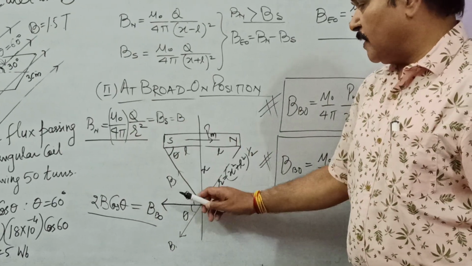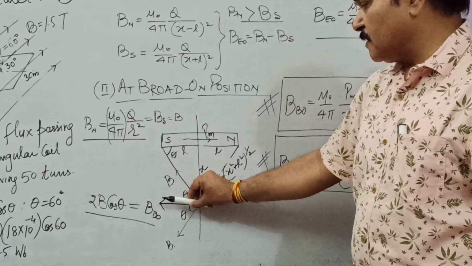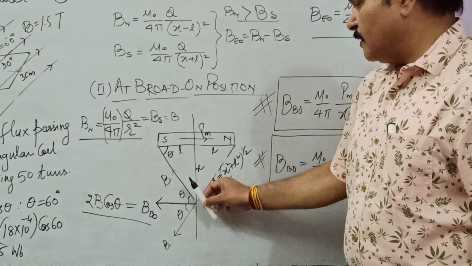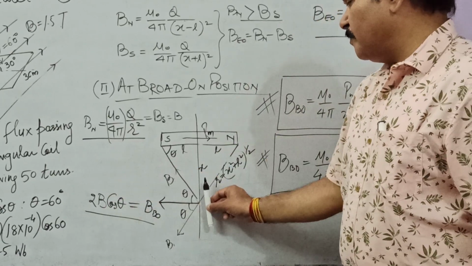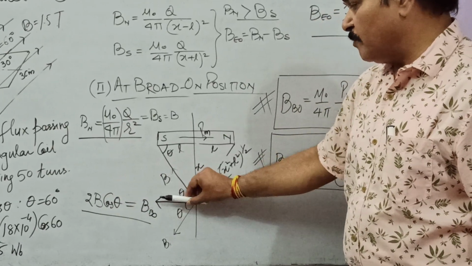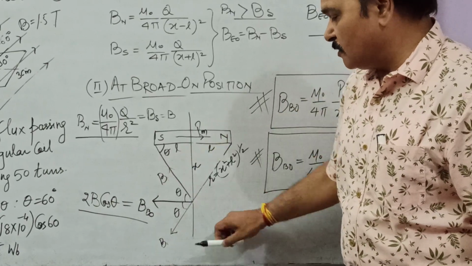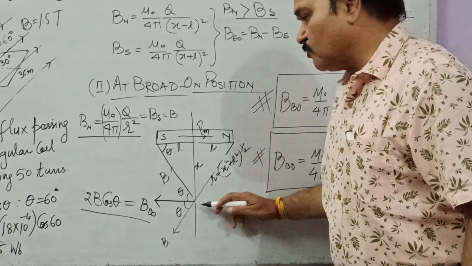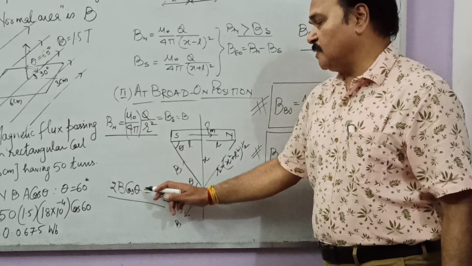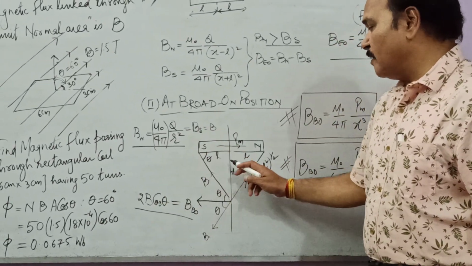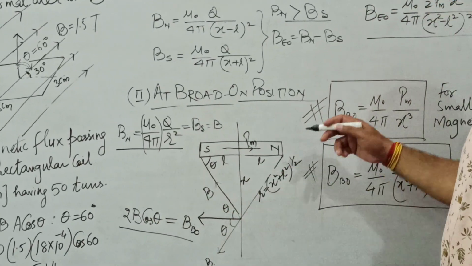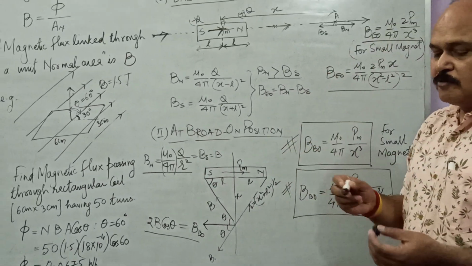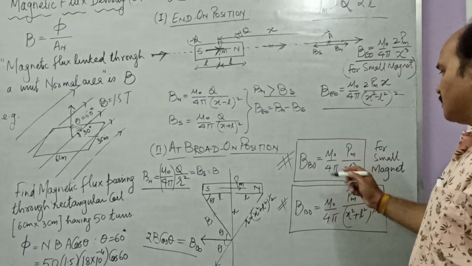Well, if we find out the components of B in this direction and in this direction, cosine components are here, sine component is here. This vector has cosine component in this direction, sine component is here. These sine components cancel out, and cosine components are added up. 2B cos theta, 2B is this, cos theta is L upon r. Substitute the values, and of course write q into 2L as P, and you will get this expression.